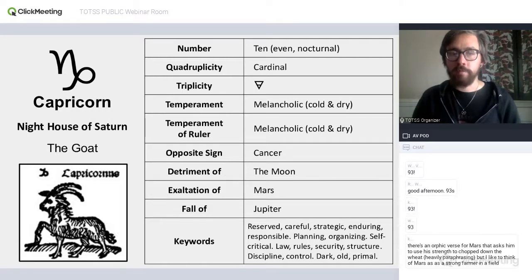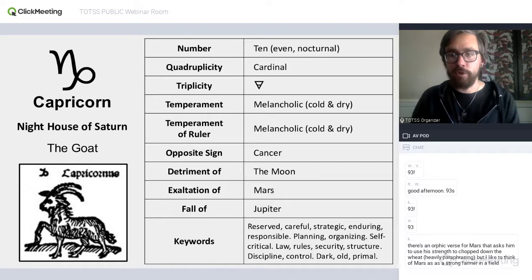Capricorn is the exaltation of Mars, and we can think of Mars in Capricorn. Capricorn is cooler, right? So it sort of cools down some of the rashness of Mars. And Capricorn is very structured and strategic. So in Capricorn, Mars is strategic and is a little more calculated and more carefully planned. And so Capricorn helps to balance out some of the imbalances of Mars.